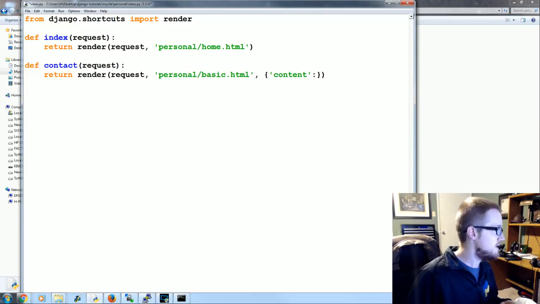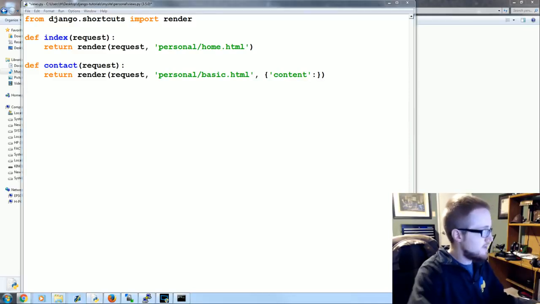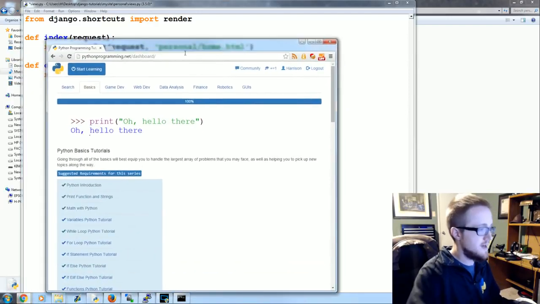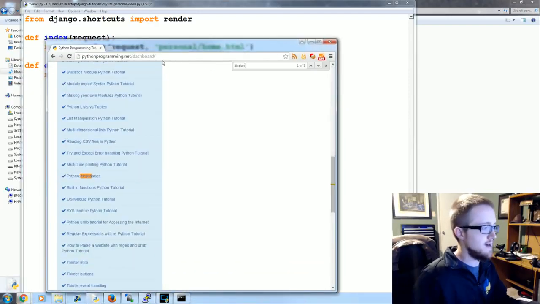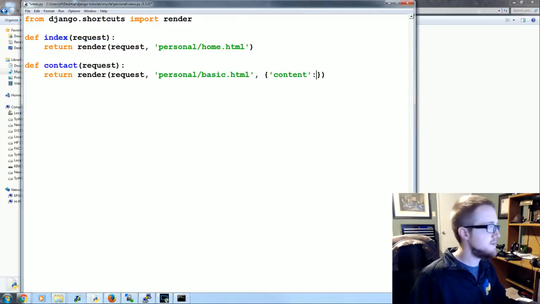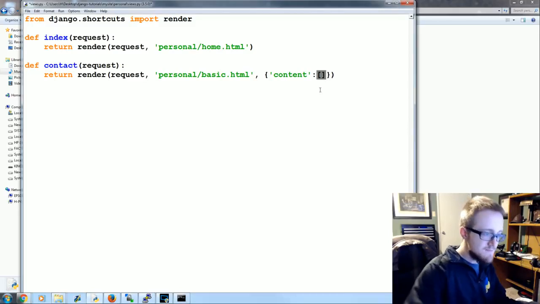If you're not familiar with dictionaries, I do have a Python Basics tutorial on dictionaries. You can go to pythonprogram.net, go to the dashboard, search for dictionaries, and boom, Python dictionaries. So content is the key. The dictionary, or the value, will be a list. And the list will just be,